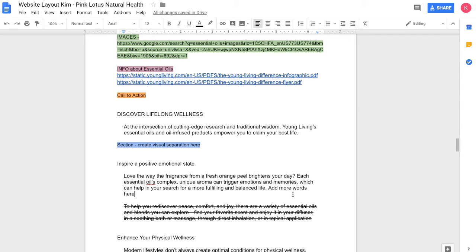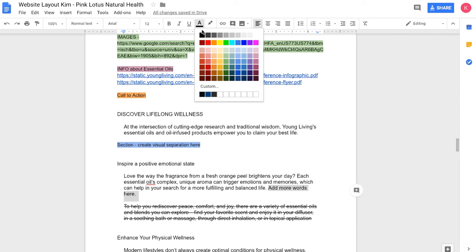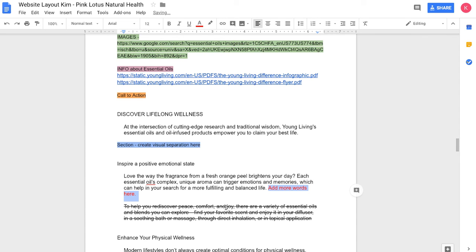A good way to be able to go back and know where that was is just highlight those words, go up to the top here where it's got the text color, change that to a different color so you know that. And the other piece that's very helpful is to make comments in an area